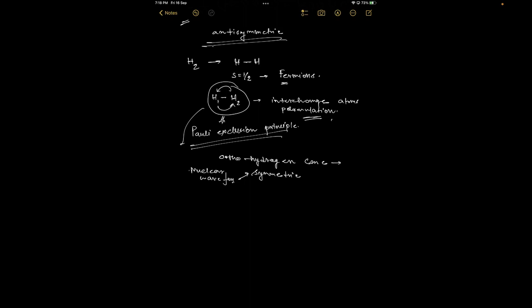So the nuclear wave function for the orthohydrogen case is symmetric upon permutation of two hydrogen atoms. Now the rotational wave function has to be antisymmetric to fulfill the Pauli exclusion principle condition, because the total wave function in this case is